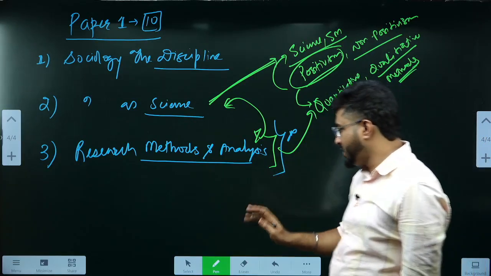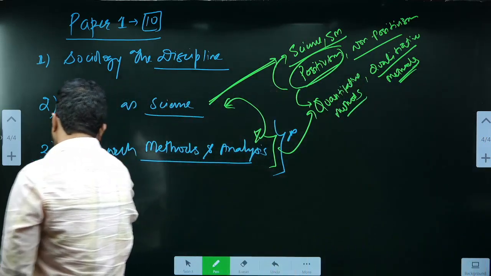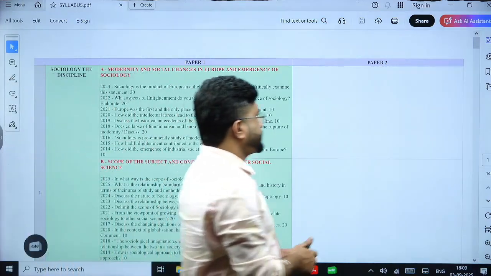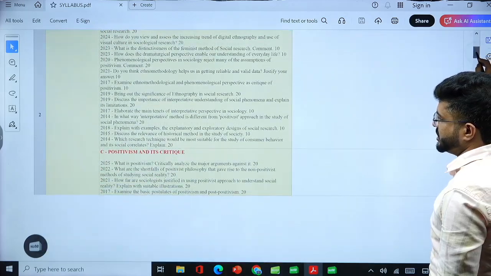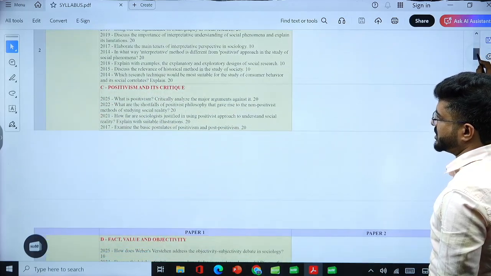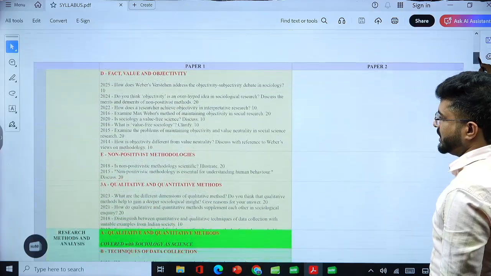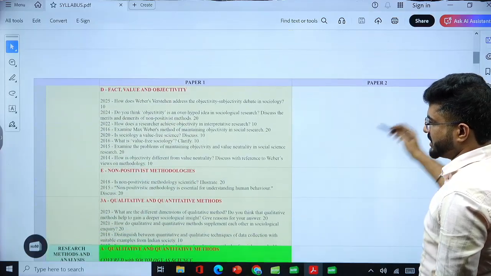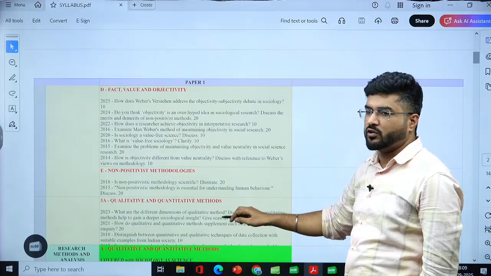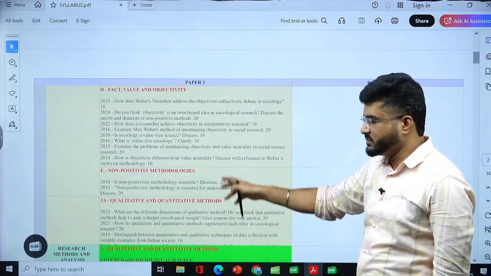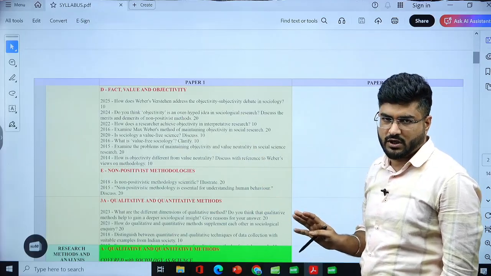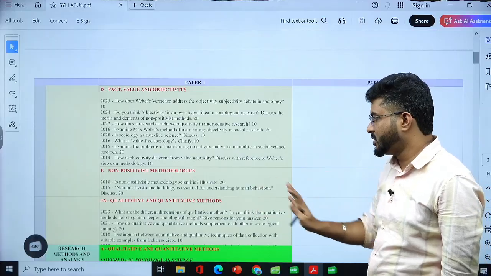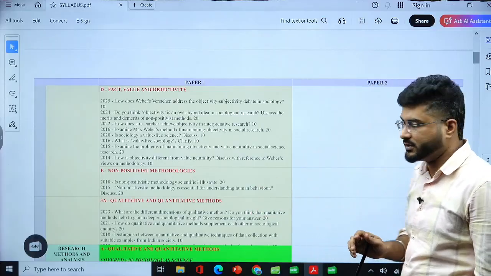So my humble request is that whenever you will be covering your positivism part, which I have shown in this sheet also, that whenever you will be covering positivism and its critique, then non-positivism methodologies, try to cover quantitative or qualitative methodology with this particular chapter 2 section itself, and hence you will be done with the major section of your third chapter, which is about qualitative and quantitative methods. Okay,